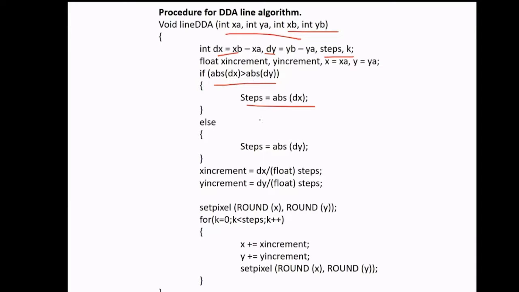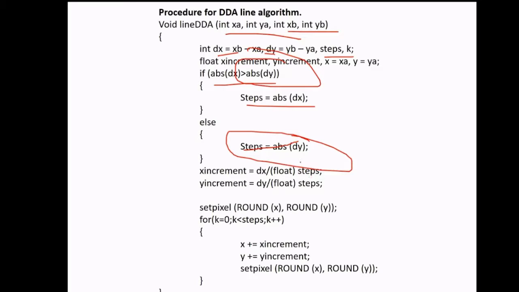Fine. So if the absolute value of dx is not greater than the absolute value of dy, that is delta y, then you take that many steps for the further processing. So if the absolute value of dy is, suppose, 3, or if the absolute value of dx is not greater than dy, then you take that number of steps. In our case, suppose it is 5 or suppose it's 6, then the number of steps would be 6.